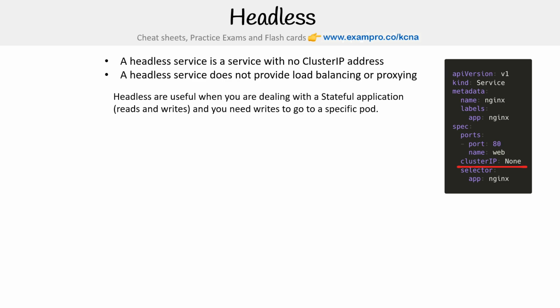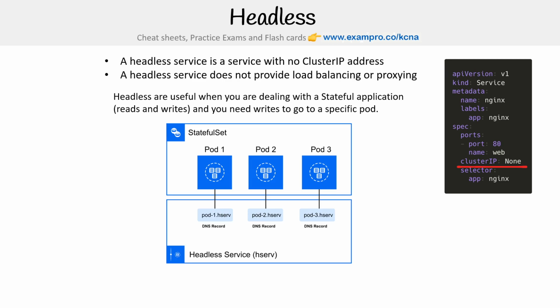Headless services are useful when you are dealing with a stateful application, like reads and writes, and you need the writes to go to a specific pod. So here is a diagram that is different from the one we saw earlier, but makes the point clear, where you have the headless service pointing to a pod, and the way it works is the naming is based off of